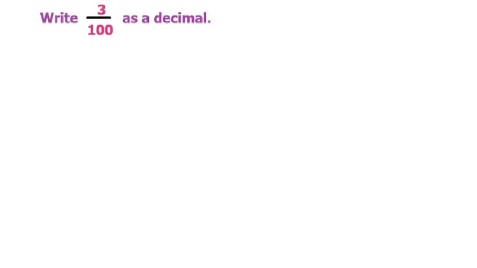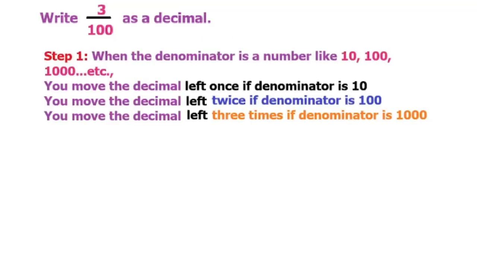In this video, we're going to learn how to write a fraction as a decimal. So if we have a problem like this that says, write 3 over 100 as a decimal. So the first step is to know that when the denominator is a number like 10, 100, 1,000, and so